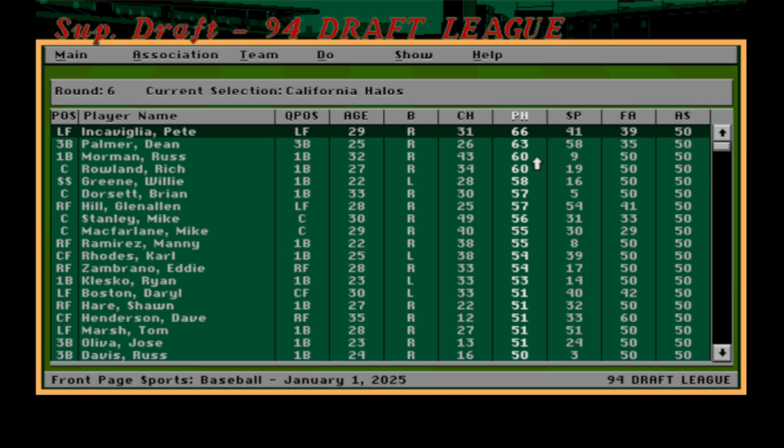And there's probably a way to do it. I haven't found it yet, digging through the manual to see historical stats here rather than the ratings, but